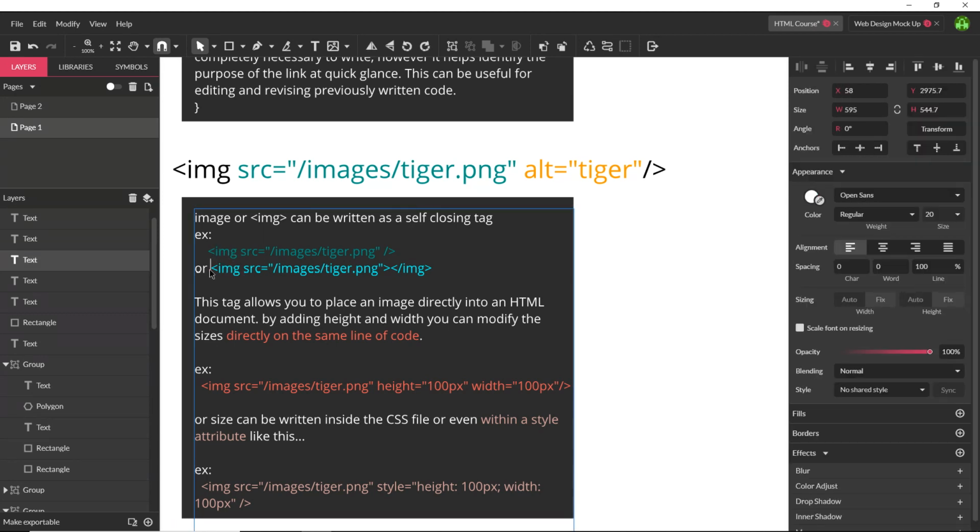Okay. You can also write it the other way, and it'll work. I'm not really sure why it works, because technically this is the way you're supposed to write it, but you can also write it like this. Maybe you want to put some text inside of the image or put a button inside of it or something like that. You could write it this way, but this is generally the way you're going to include that image. So all we're doing here is we're saying image,